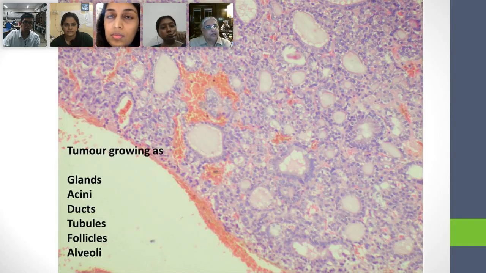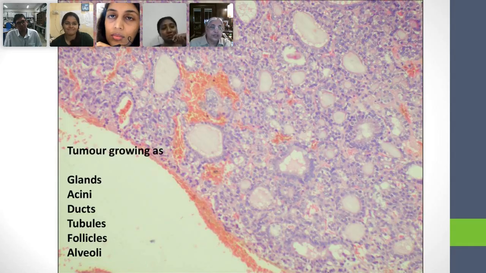Excellent. So tell me, what is an acinus if you know it? You mean the pancreas has got grape-like structures with or without a lumen? What is the function of the acinus in the pancreas, or for that matter in the salivary gland? What is the function? Secretion. So it may or may not have a lumen. I find that very interesting, because if there is a secretion... No, ma'am, it has to have a lumen. Oh, it has to have a lumen.